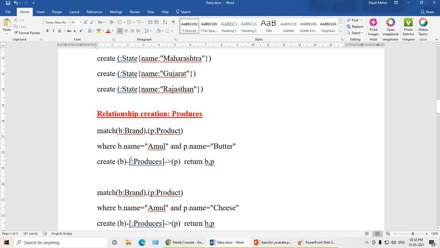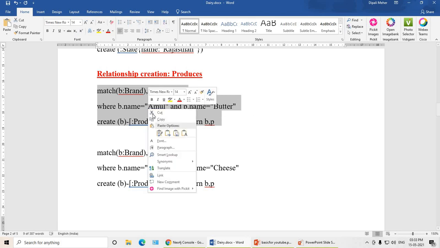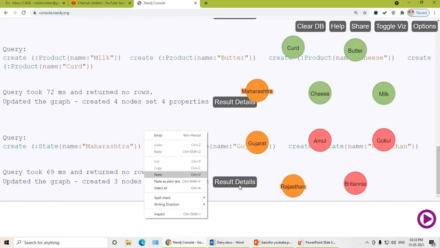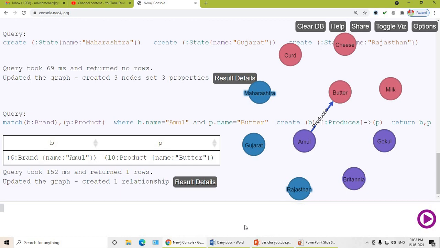Create source relationship destination. Create B produces P, Amul produces butter, and you have to return both the nodes. So like this we will create the relationship between brand and product, that is Amul produces butter. Let us go ahead and solve the slip. You can see a relationship will be created between Amul and butter.